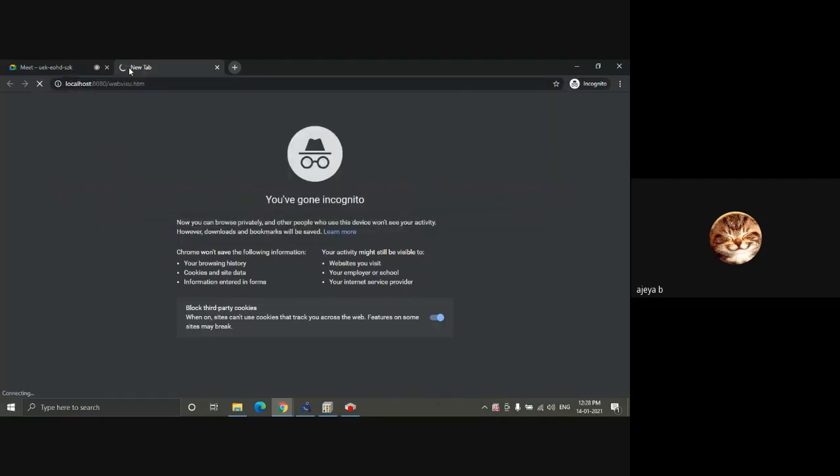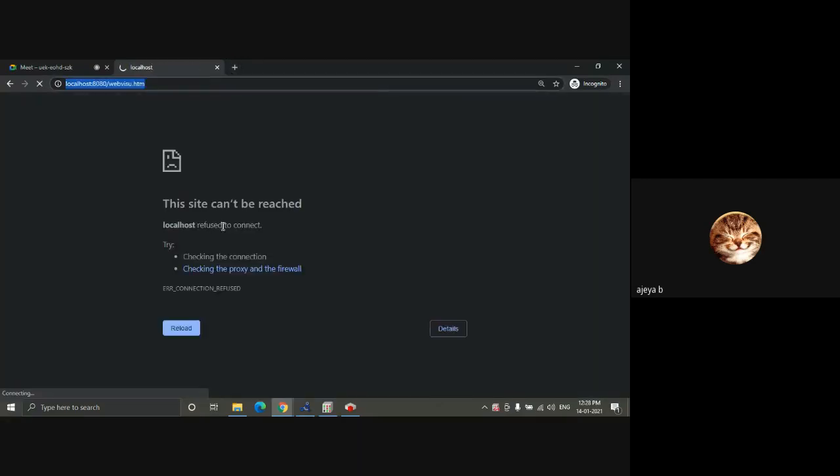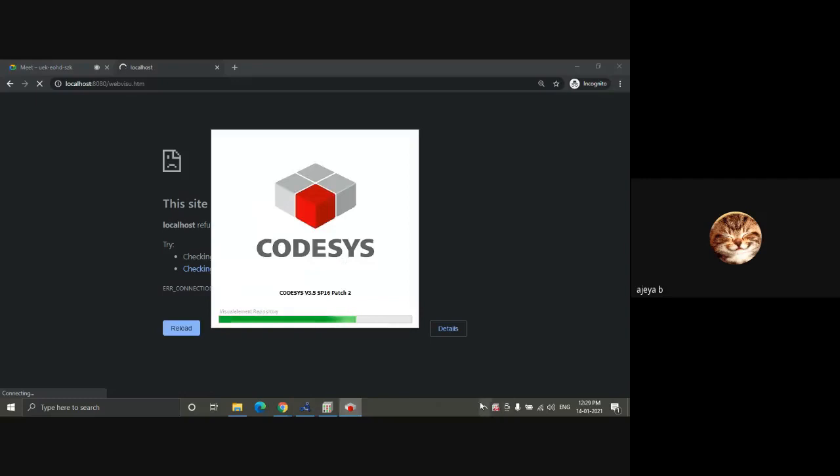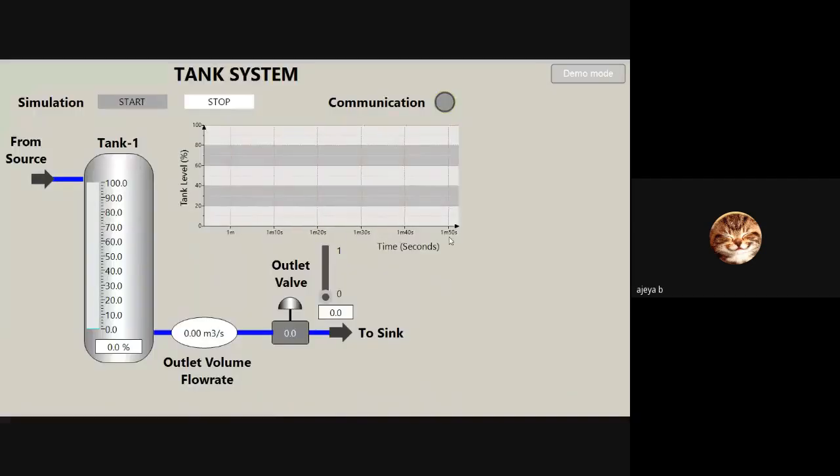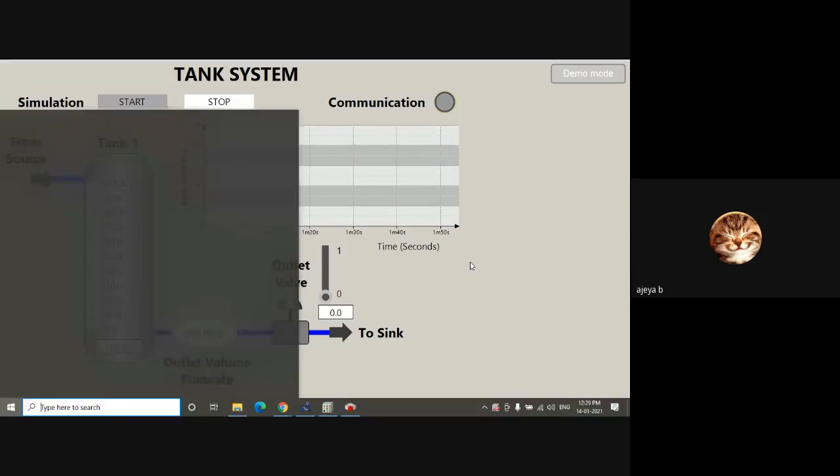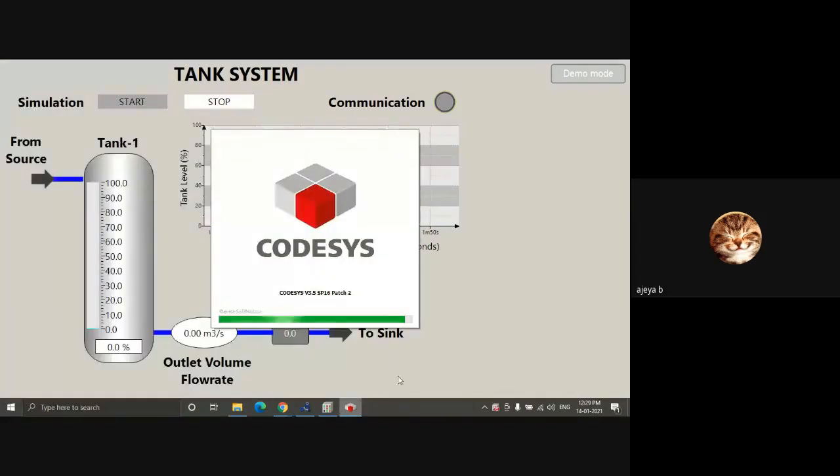By default, if you use CodeSys with target visual, it will run on your laptop. That's it. It won't run through Chrome. For that, you have to enable web visual. I can show you how to do the same thing in this file. But by default, the file I have shared doesn't have a web visual.